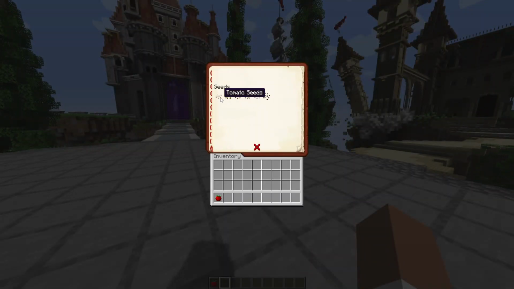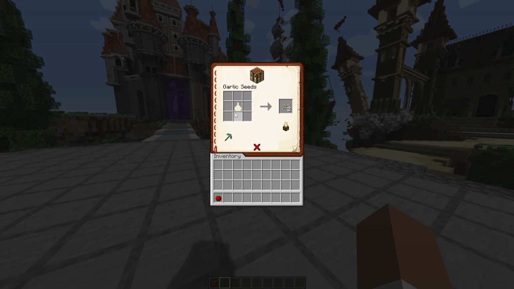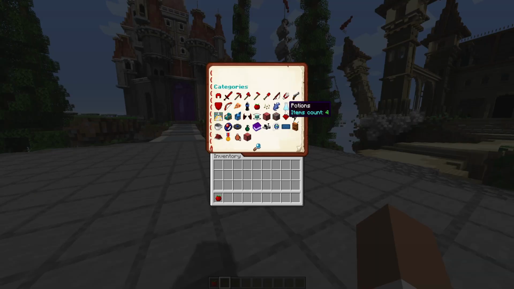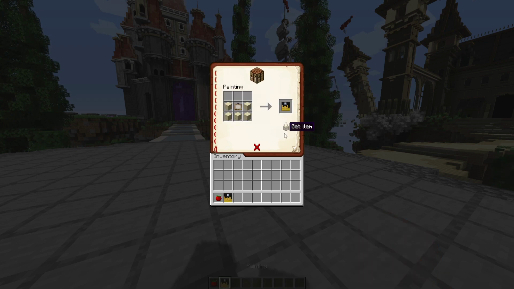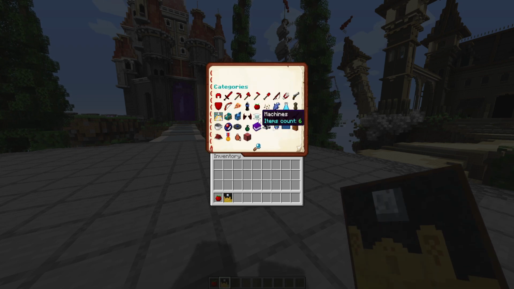You do have different types of seeds. So we have a garlic seed, which you can actually plant and get garlic. We have fishes and potion effects. This is actually pretty cool. Custom paintings, which I really didn't expect. And I'll put that in a second, but let's get some furniture and try to set up a nice little